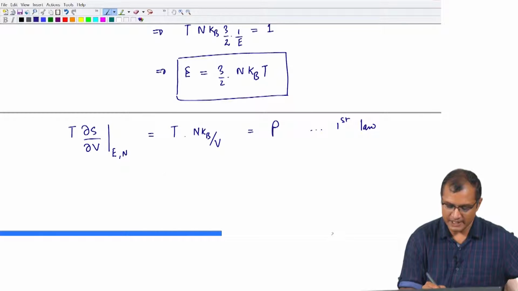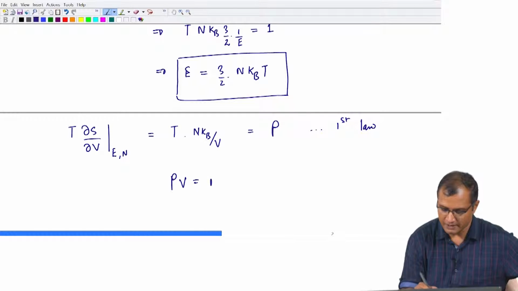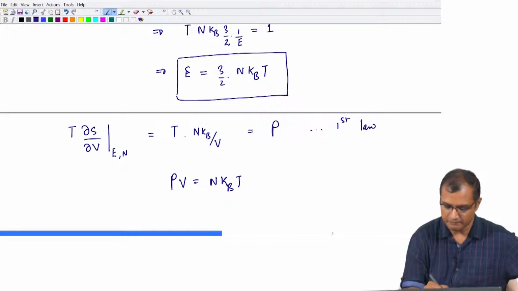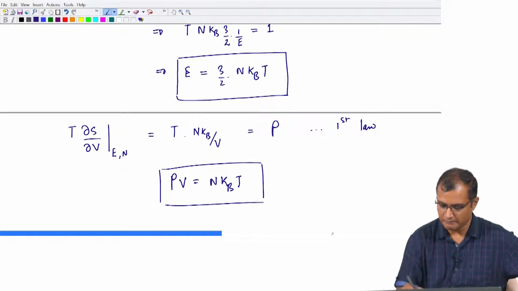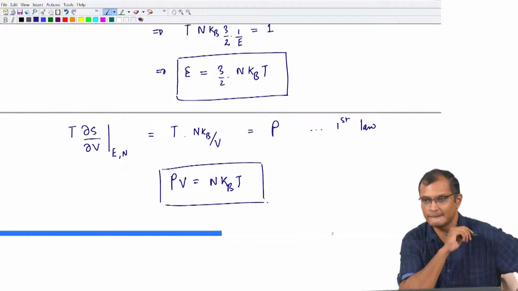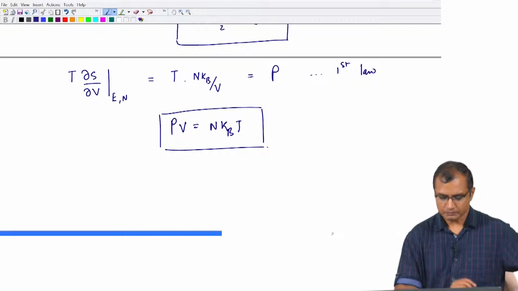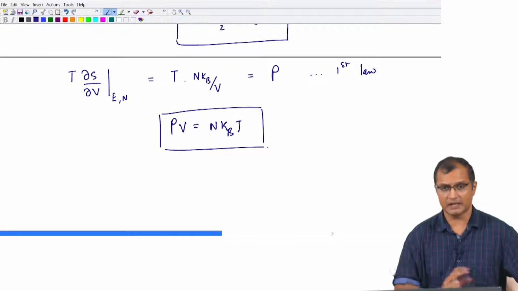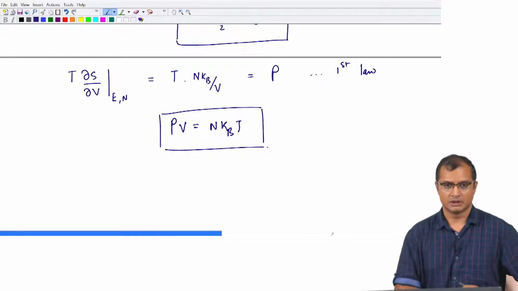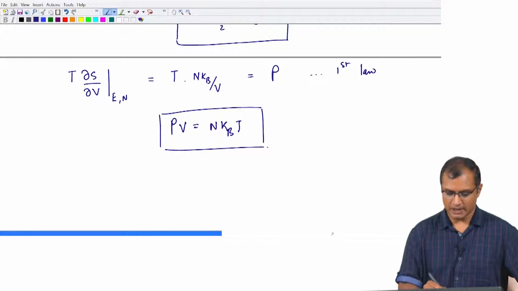So, you get the ideal gas law as PV equals N KBT, okay. So, this is the equation of state for an ideal gas derived from statistical mechanics,